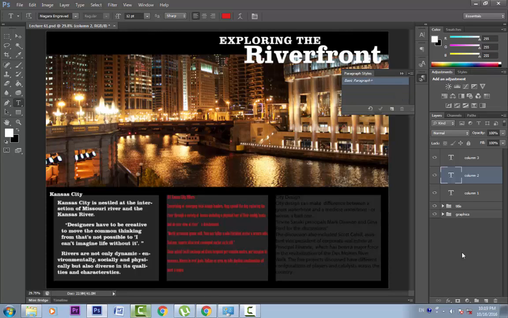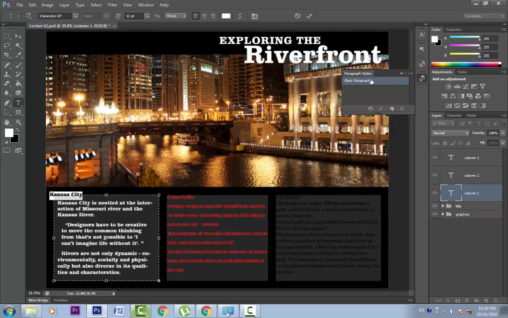Now a much better way to create a paragraph style is to select some text that has been already formatted. Let's select this header, triple click on this. Now here you can see a plus sign against the basic paragraph style. This is known as override.